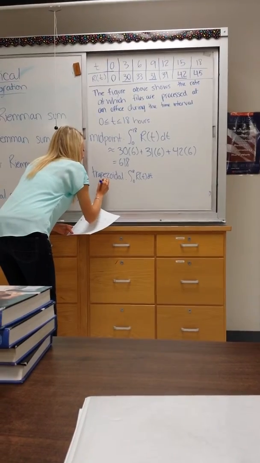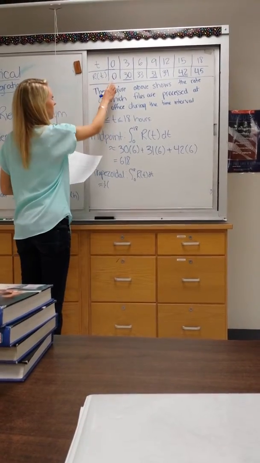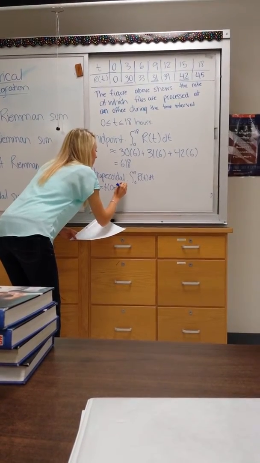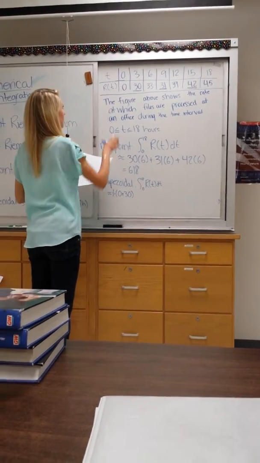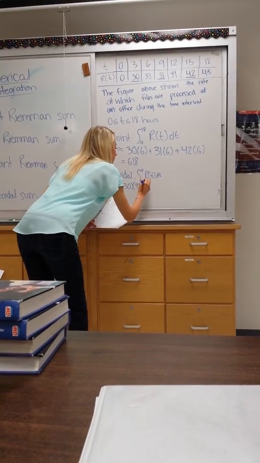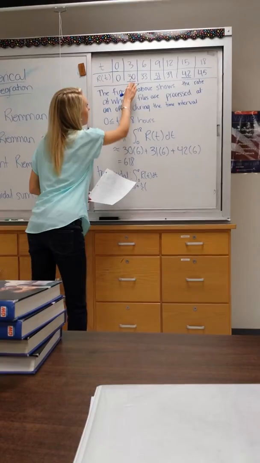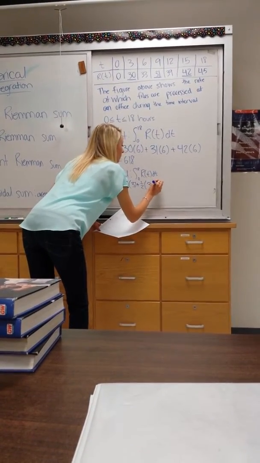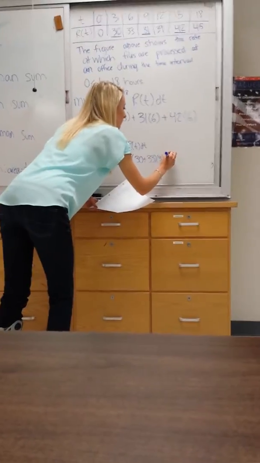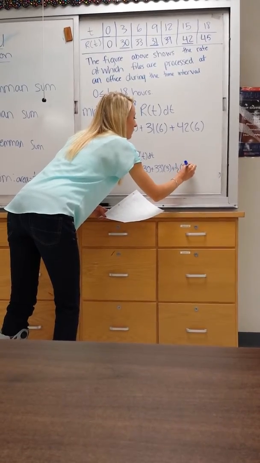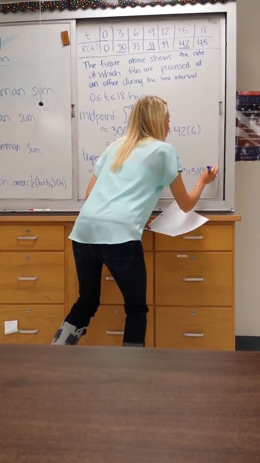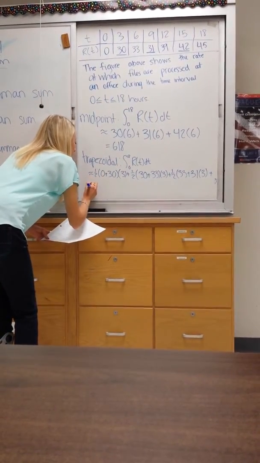It's going to equal 1/2 base 1 plus base 2, so 0 plus 30 times the change in t, which is 3, plus 1/2 30 plus 33 times 3 again, plus 1/2 33 plus 31 times 3, plus 1/2